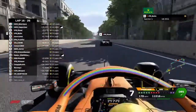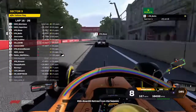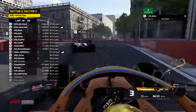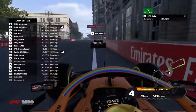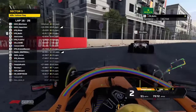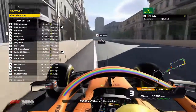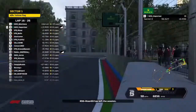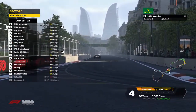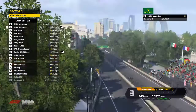Let's find out. Now down into the third corner, because Rowan's retired. Oh, he's retired in the pits. No, you're right, it hasn't worked now, because I was just waiting to see whether turn 3. Bolin made his move down the inside. It wasn't quite close enough. Risa was quite aggressive on the ERS, and so that's probably what's won him the day there and kept him